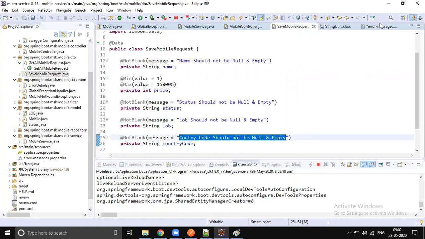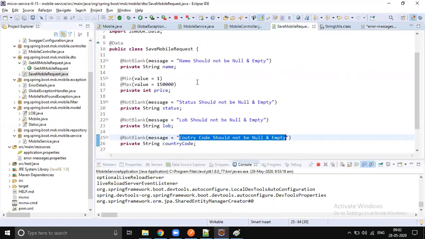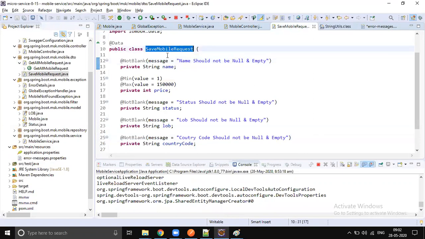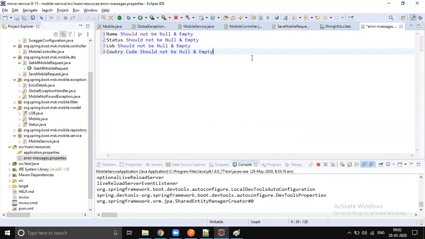We moved them, but we should create some mapping, right? This annotation, this class, this name should go to this particular error message. By looking into this file itself, everybody should understand which message points to which class, which property, and which validation failed. So let's create some naming convention.